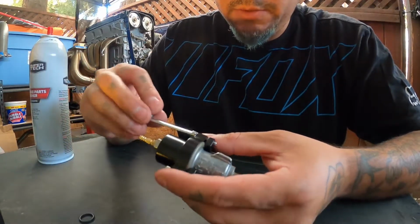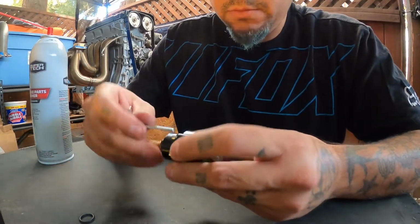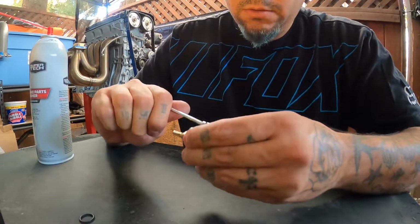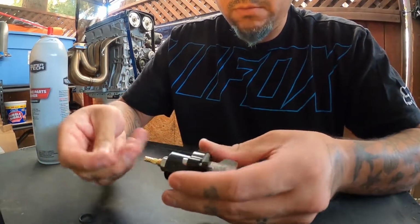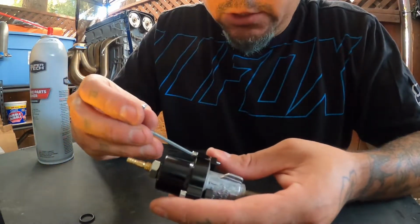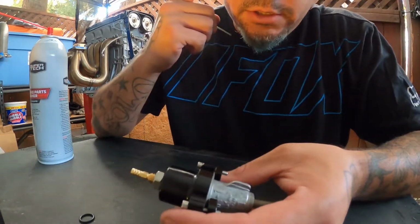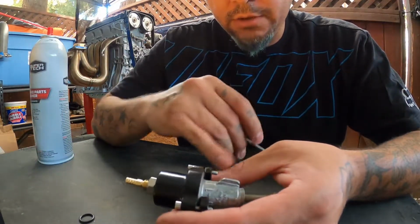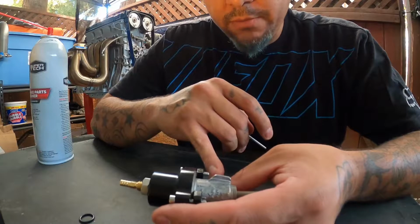and I'll screw these back in here, like so. Get them pretty far down. Right there, should work, right? And then I might go a little bit tighter on that one. And then I'll just take the Dremel and I'll just chop these ends off right here a little bit, just so that way if I take it all the way out and I cut it, I might mess the threads up. I don't want to do that. I'd rather just leave it on here with it threaded through already, chop off what I need, and then I